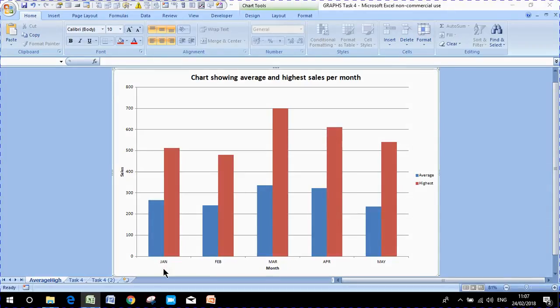In this lesson I'm going to show you how to create a graph similar to this one. As you can see, it's a little bit more complicated than the previous graphs that we've been doing, as it has two columns per data down here. So in January we have two separate items of data that we wanted to show,